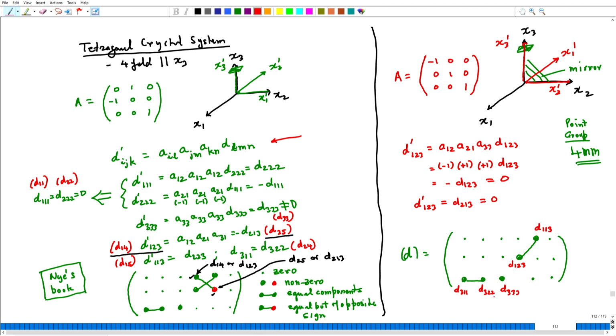So, D311 equals D322 and these two are also equal. So, there are only three independent components, and even in that